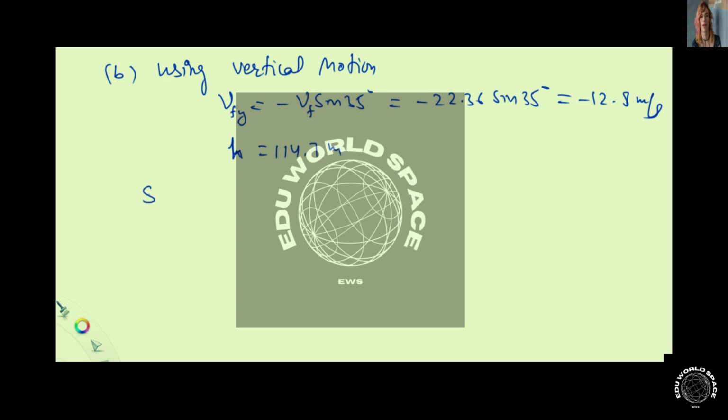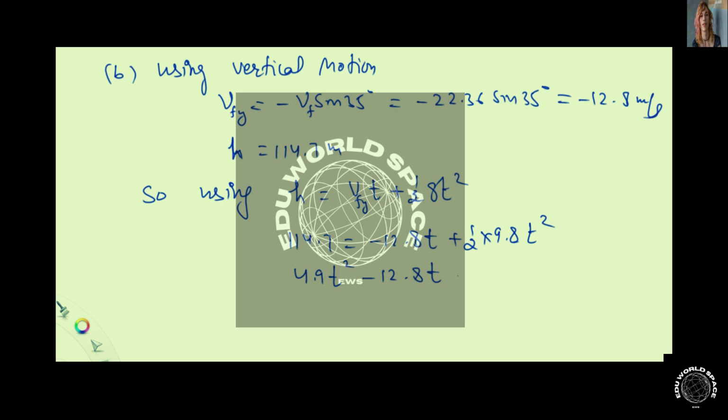114.7 meter. So using the second equation of motion, H is equal to Vfy t plus half g t square. H 114.7 is equal to minus 12.8 t plus half into 9.8 t square. So we get a quadratic equation, 4.9 t square minus 12.8 t minus 114.7 equals to 0. So this quadratic is solved to get the time to be equal to 6.32 second, time taken by the projectile